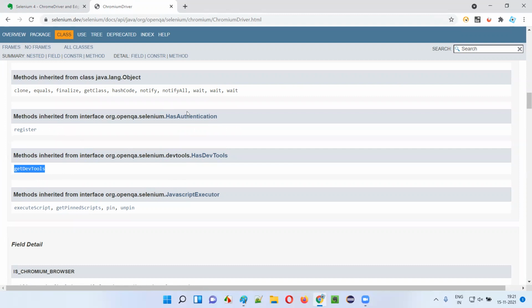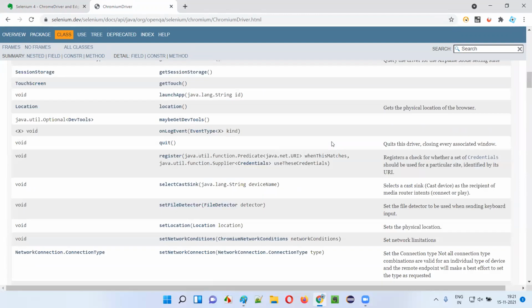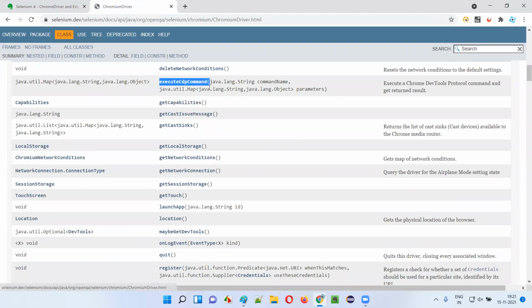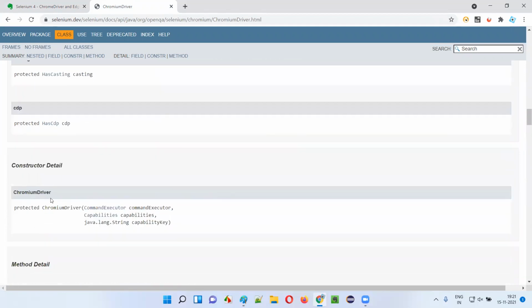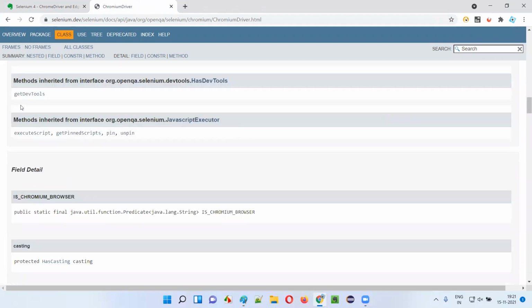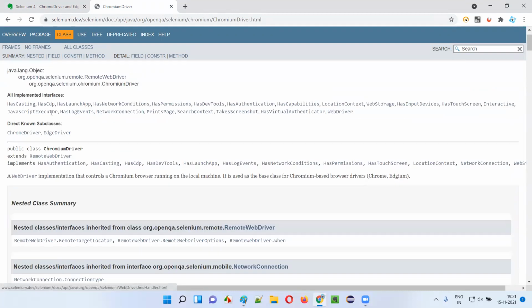So from Selenium 4, in Chrome browser and Edge browser, we can access the dev tools with the help of commands like execute CDP command and get dev tools command, because the Chrome driver class and Edge driver class are now the immediate child classes of the Chromium driver class.